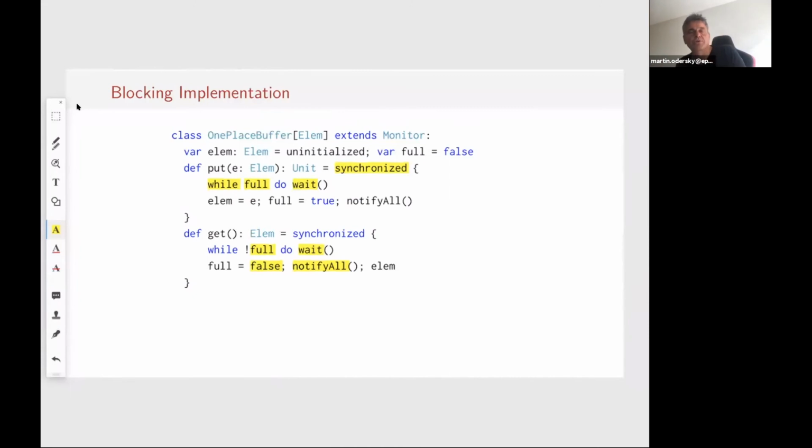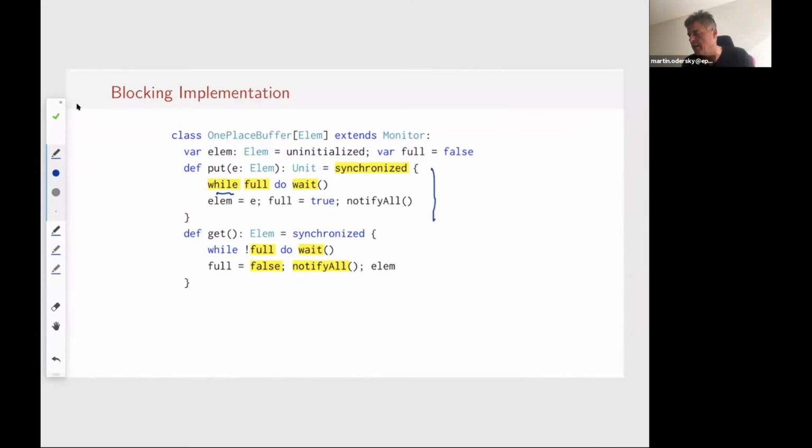Whereas the other producers that all were woken up by the notify all, after the first thread exited the synchronized, they would then go into the synchronized, but because there's a while in here, they would say, well, is the buffer full? And the answer is yes, it's still full, because the first producer that got into the buffer after the consumer turned it back to full again. So all the other producers would have to wait again.